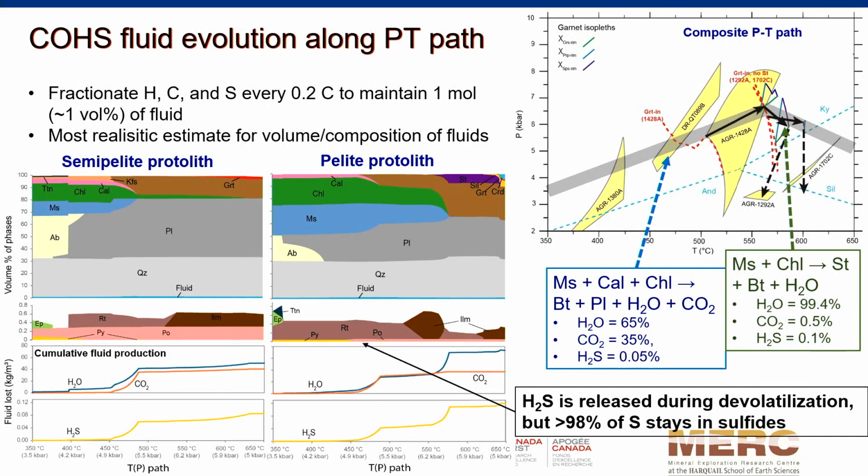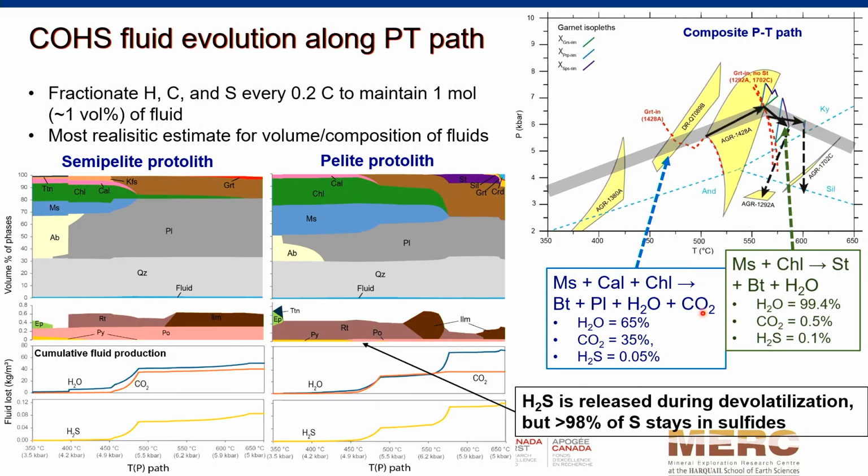So the next step was to look at more realistic conditions where you fractionate the fluid out of the rock, calculate how much is fractionated, and see what the phase relations do. To do that, you need a PT path, and this is the PT path that I selected. It's informed by the garnet isopleths. I compared two protoliths from the low-grade zones, and you can see the sequence of the reactions. In the semi-pelite protolith, the main fluid production is happening at this muscovite, calcite, and chlorite out,